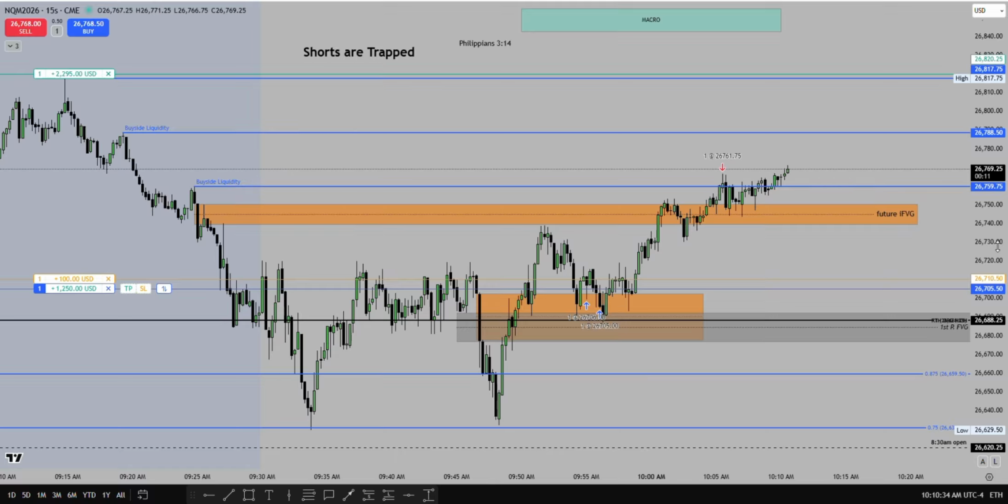Okay, so how many handles was between my stop and where price was trading before it moved against me? Was there some imbalance in the higher time frame on the 1 minute, the 2 minute, the 5 minute that price tapped into before spooling higher towards my terminus? These are things that